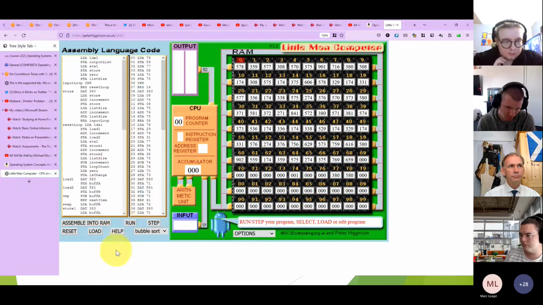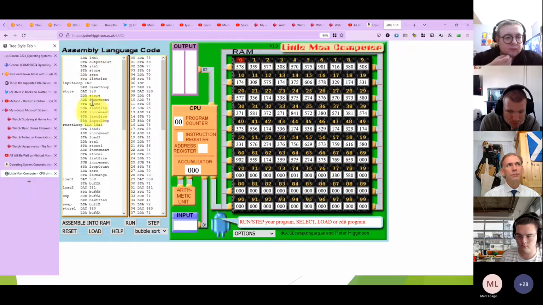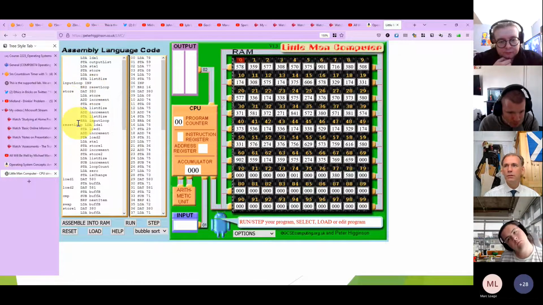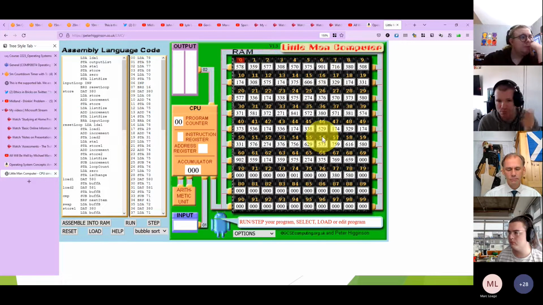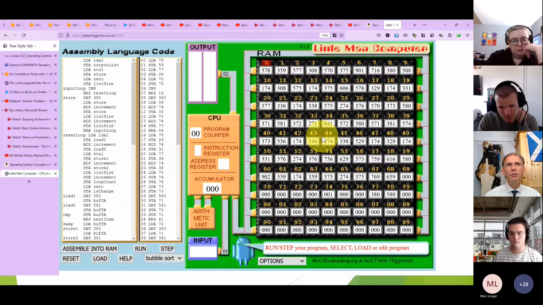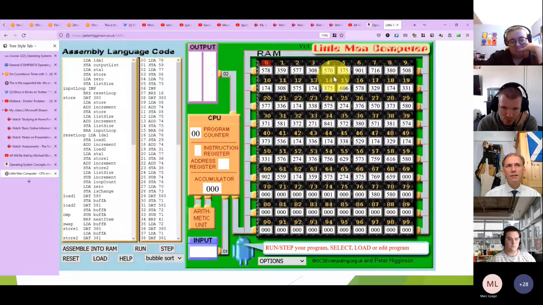So this is the Little Man computer, and you can see that you can write assembler code. So this is assembler here: LDA, STA, LDA, STA, INP, BRZ. Those are all assembler codes. You've done programming, so it's kind of like the lower level of programming. This is the RAM. So this is a RAM in your computer with machine code. Now it's in there as base 10, but this is actually binary. And what this thing does,